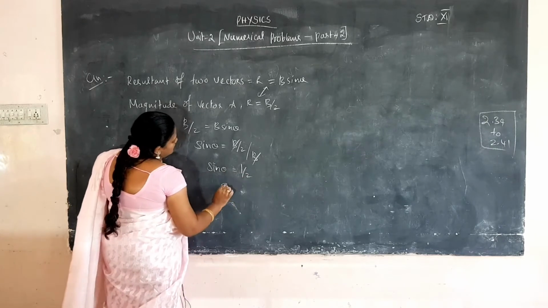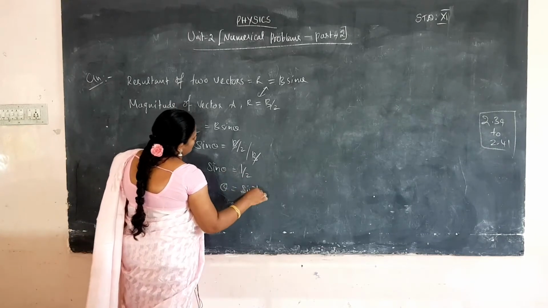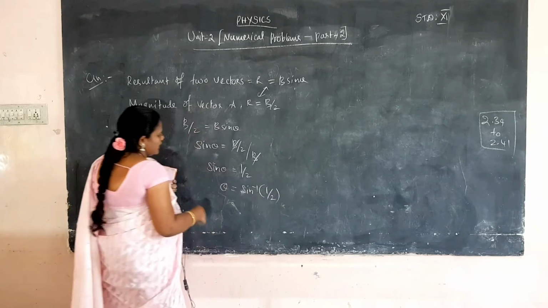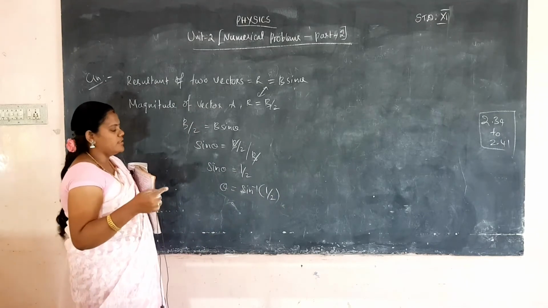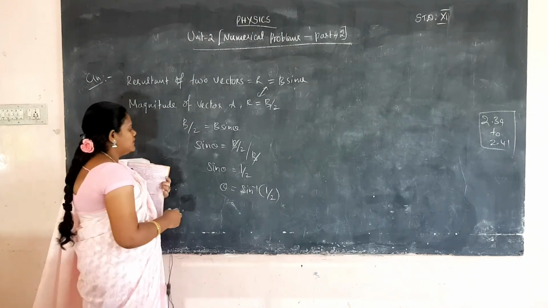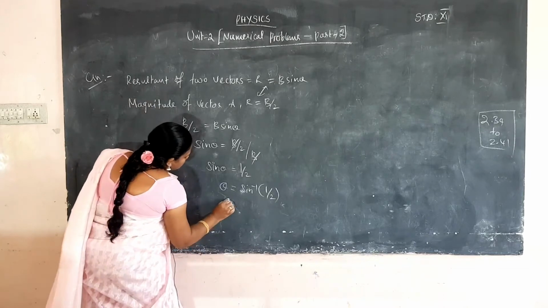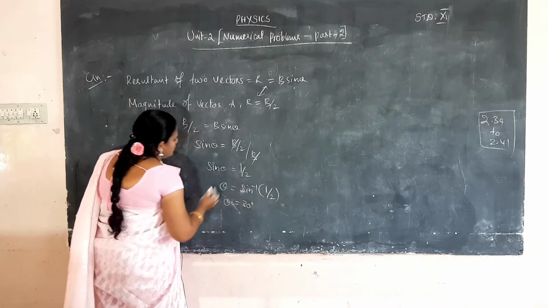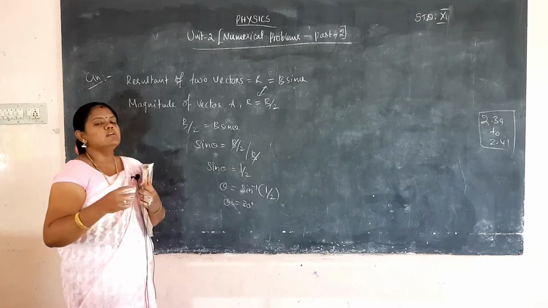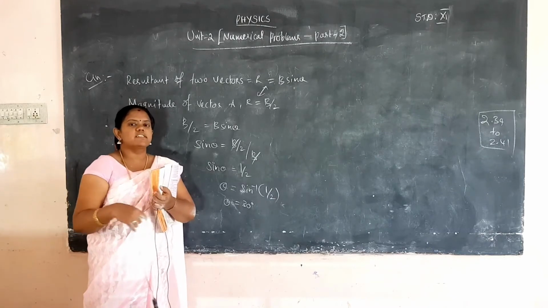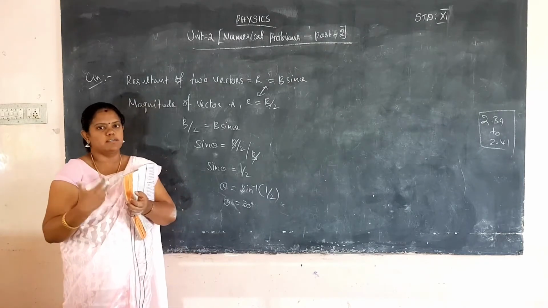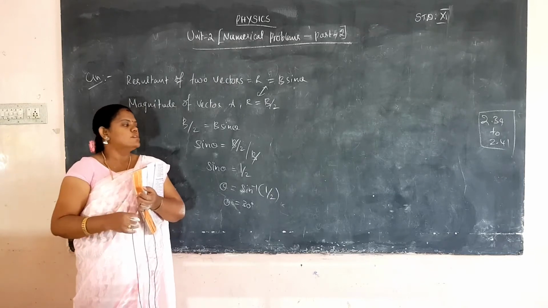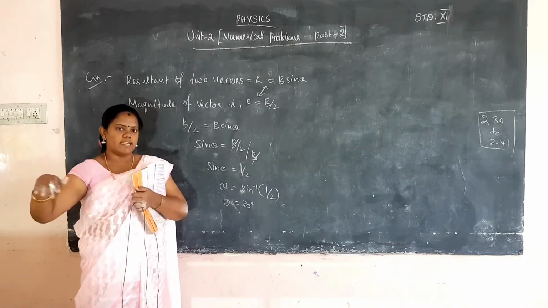So theta is equal to sin inverse of 1 by 2. Sin of which angle gives half? That is, the angle is 30 degree. So theta is equal to 30 degree. But it is mentioned as perpendicular, so the vectors are moving anti-parallel with one another. Anti-parallel means the total angle is 180 degree.